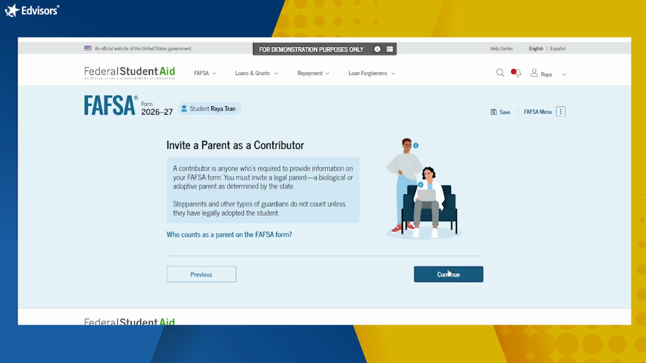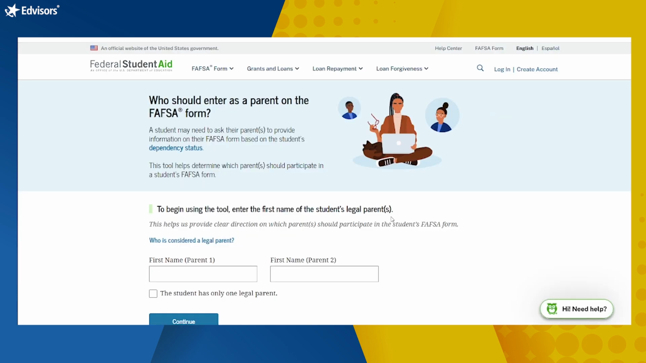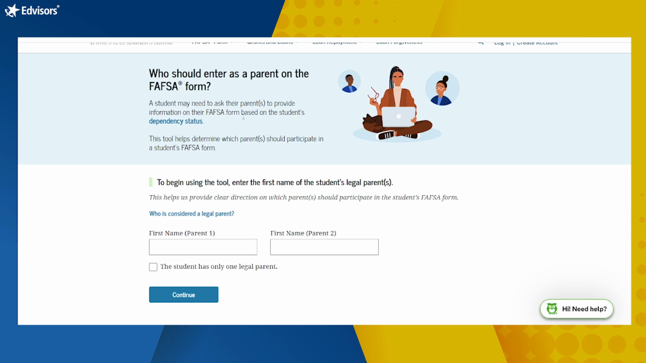Now it's time to invite your parent. Your parent is going to be your FAFSA contributor because you're a dependent undergraduate student. Anyone who's considered a guardian but hasn't legally adopted you is not going to be considered a FAFSA contributor. If you have that situation and it's asking for parent information, make sure you answer those dependency questions correctly, because there's a good chance that you should be classified as an independent student. If you're not sure who is your FAFSA parent, you click on the link here. It will walk you through the steps to determine who your FAFSA parent is